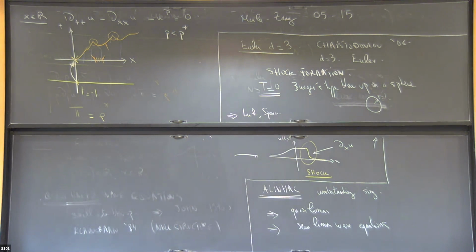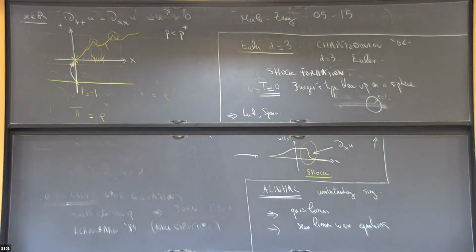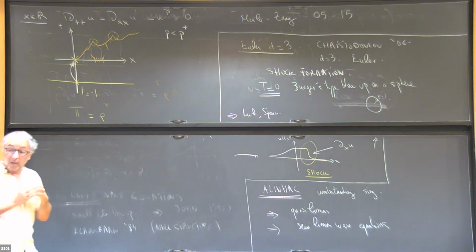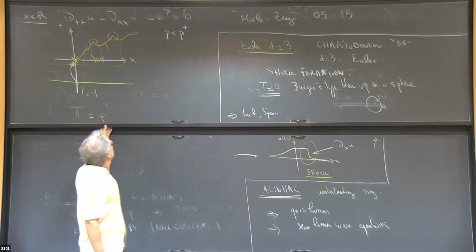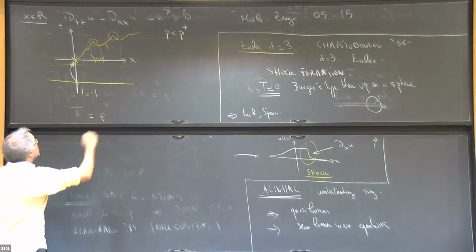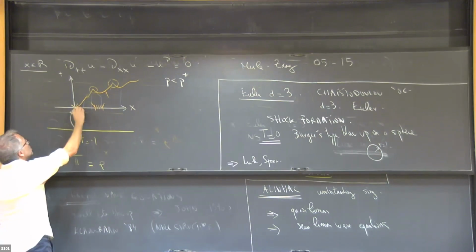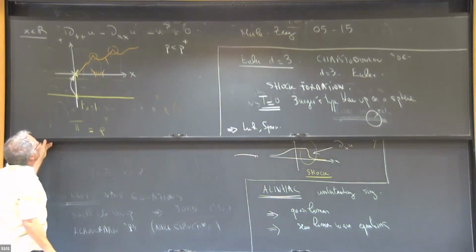Okay, but the velocity remains finite. So typically the kind of singularity that happens is exactly this: velocity remains bounded, but derivatives become infinite. It's the typical picture of density and velocity remaining bounded, but derivatives tending to become infinite. Okay. So this is the first picture, and as far as the description of the first time of singularity is